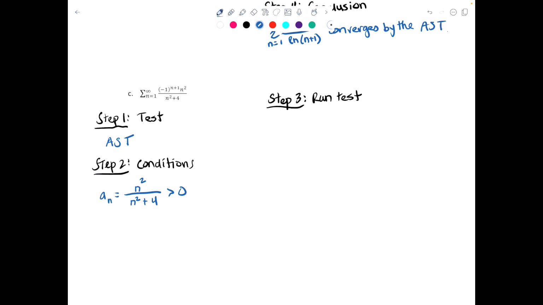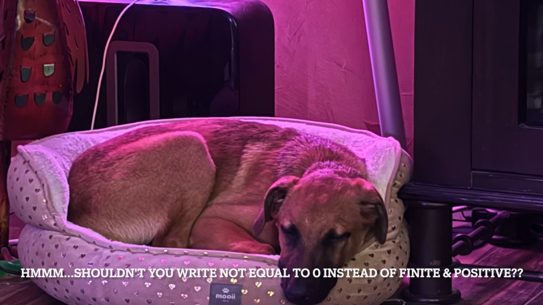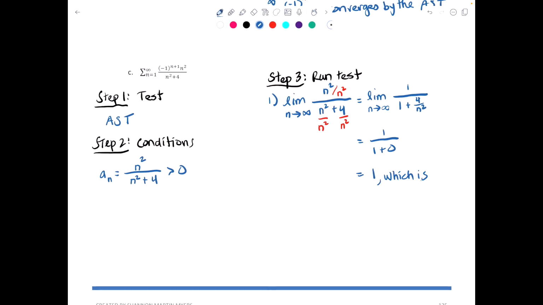Run the test. So, first off, let's see what we get. The limit as n approaches infinity of n squared over n squared plus 4. Well, I am going to divide by the highest power of n in the denominator, to get it in the shape where we can find the limit. So we'll have 1 over 1 plus 4 over n squared. And that limit is going to be 1 over 1 plus 0, which is 1. Now this is equal to 1, which is finite and positive,